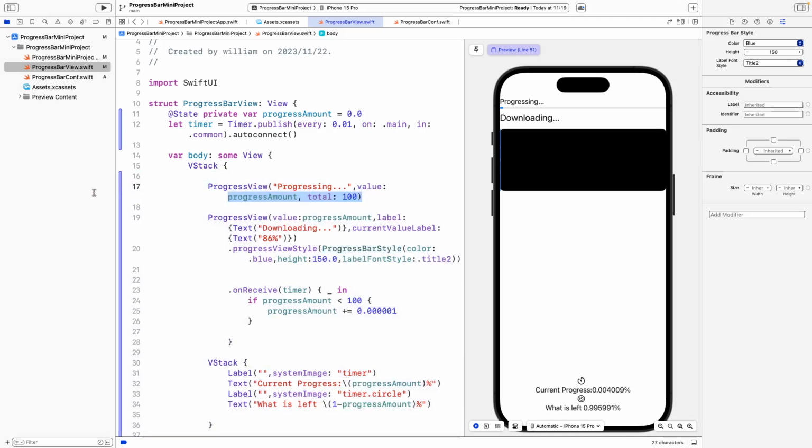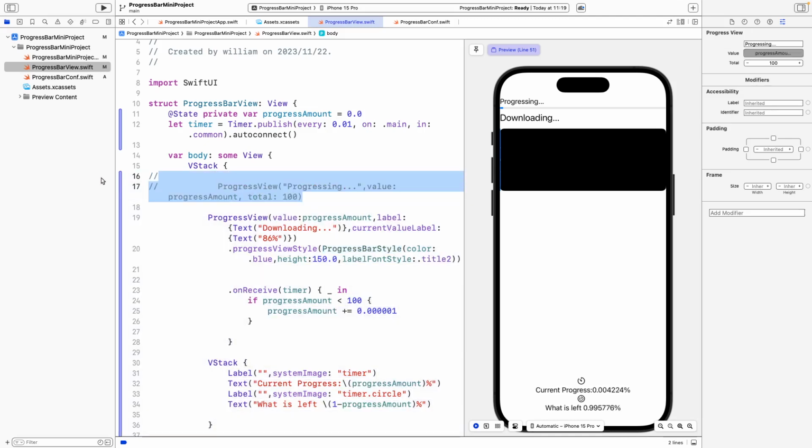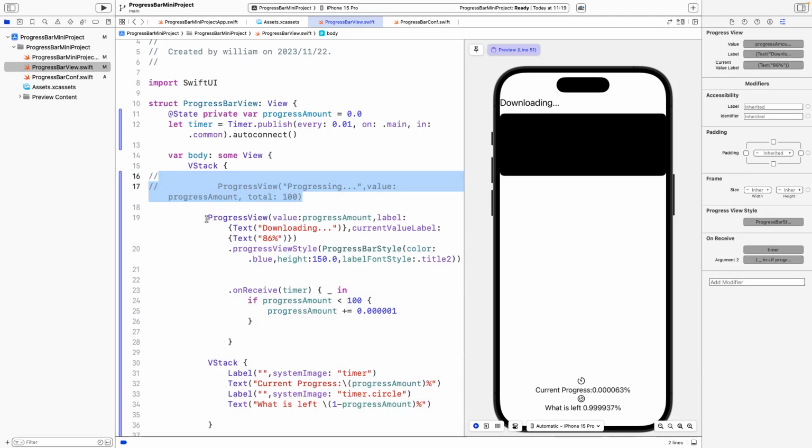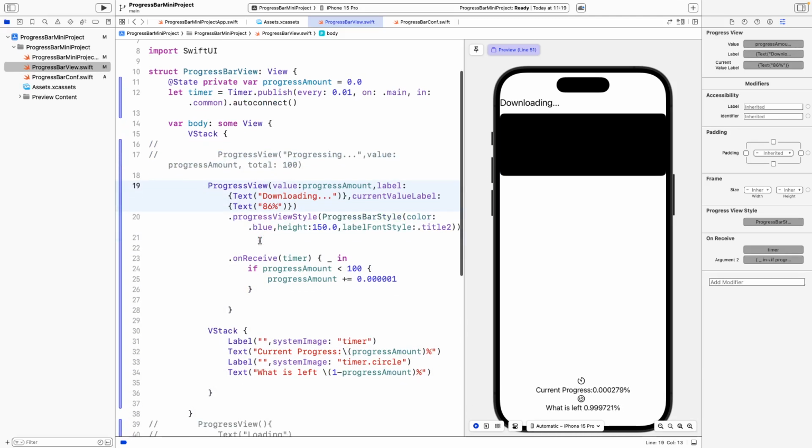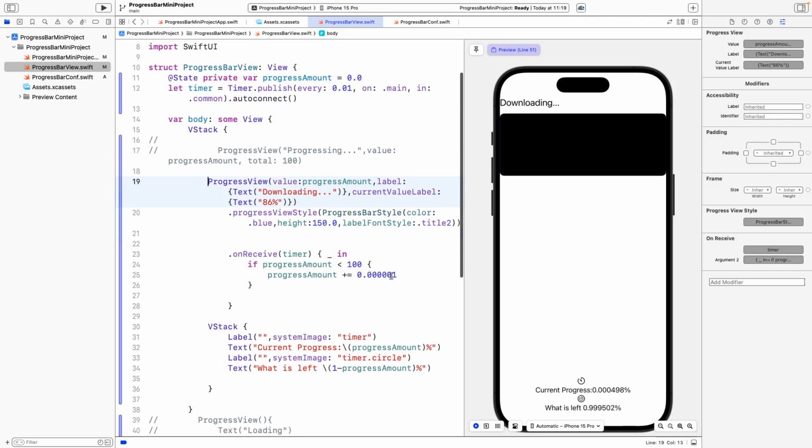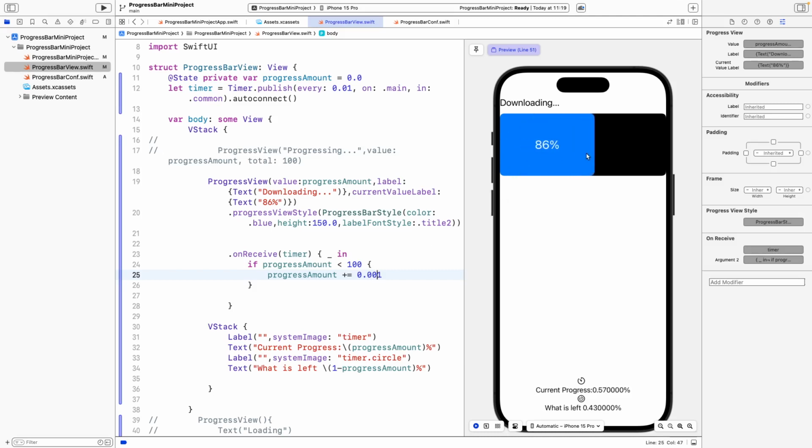So I can safely just comment this first progress view out and leave the progress view here. And I'm going to add in more speed to our project so you guys can see that. Okay, so it quickly fills up the space, and we got the 86%. Clearly